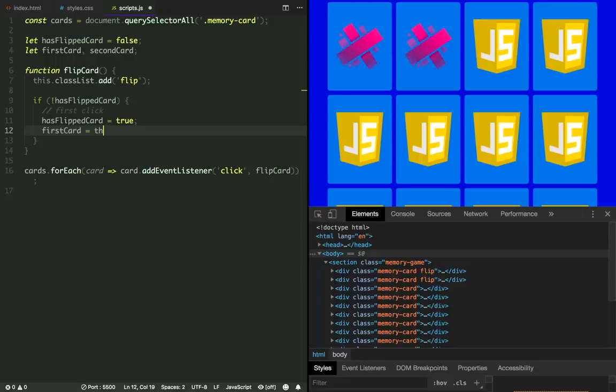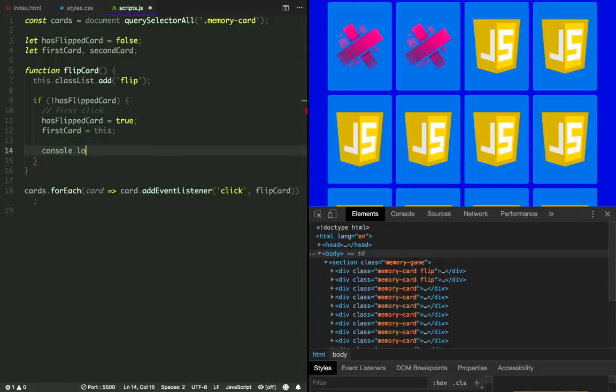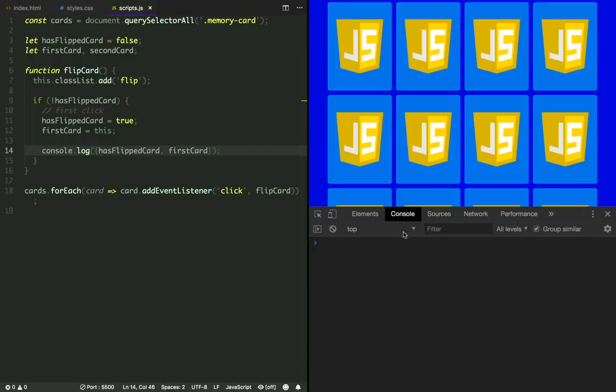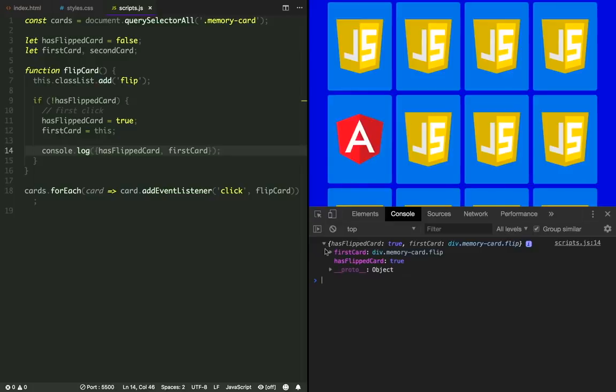So in this case it is our memory card. So let's console log both variables. So we can see we have the card we clicked, and hasFlippedCard is now true.